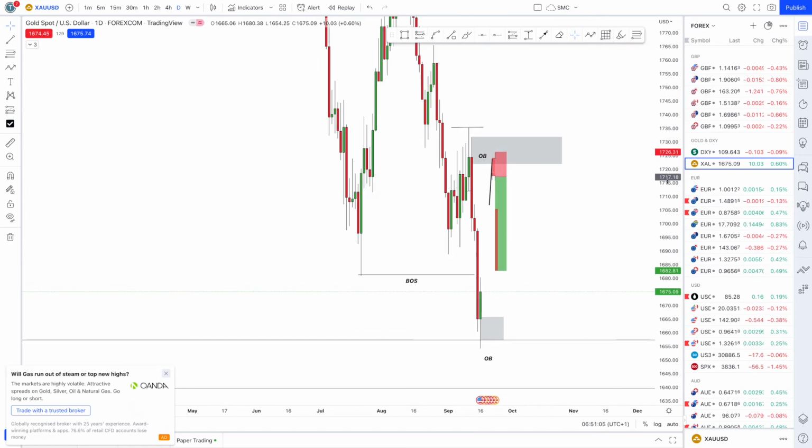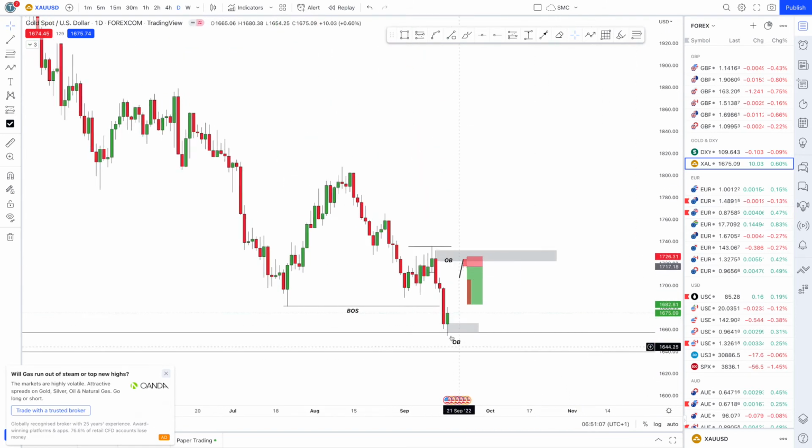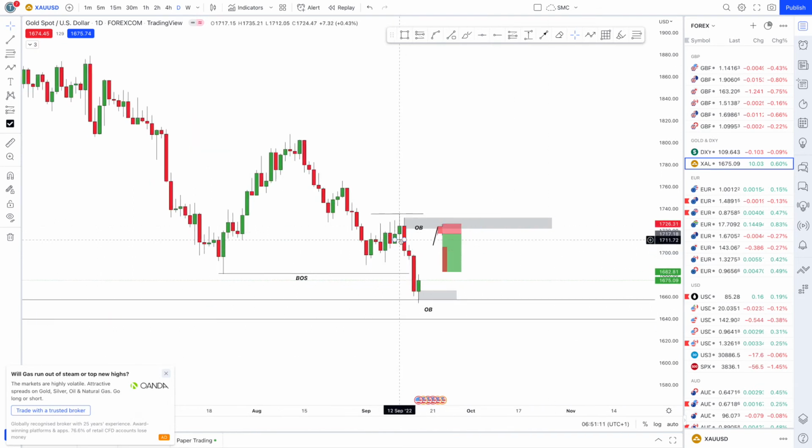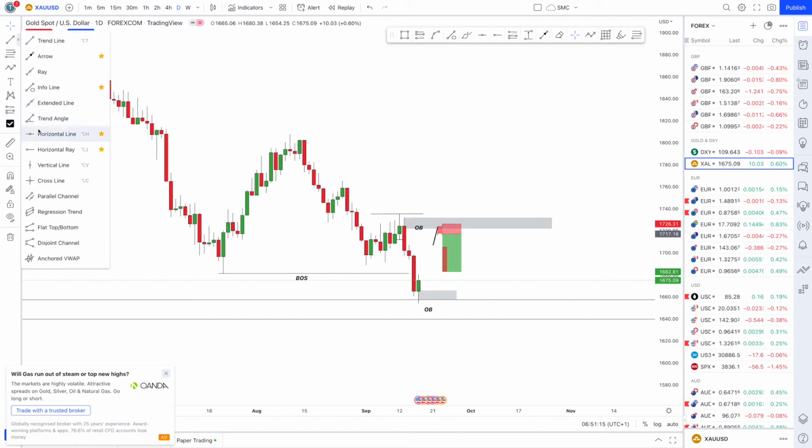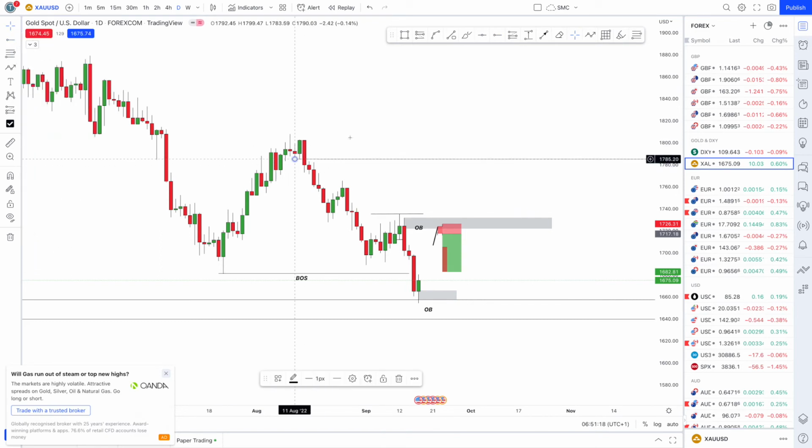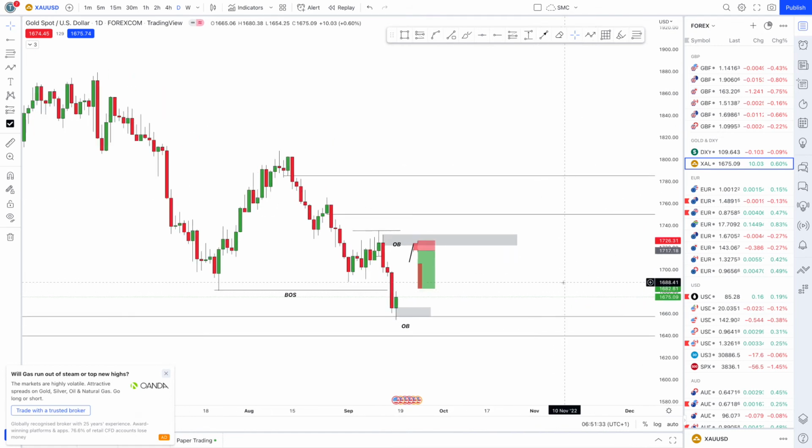So we've identified that, okay, on the daily time frame, what we see is tapped into this order block. We could have a push up. Whether that breaks through this order block, we don't know, right? We do have zones higher up, I should mention, right? So we have a zone here. You can see we have an up candle, we have an imbalance here. A zone that gold will mitigate at one point, will come back to these zones. Again, the same thing. So gold is going to go back to, I'd say, 1785 and 1750 at some point. In terms of like a daily time frame,